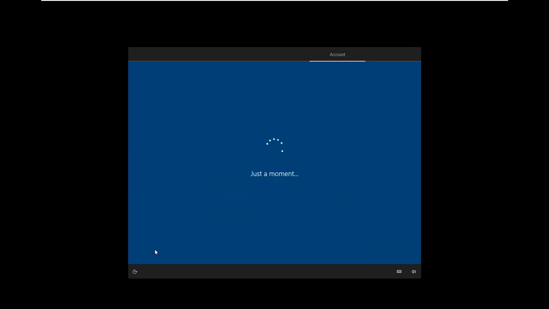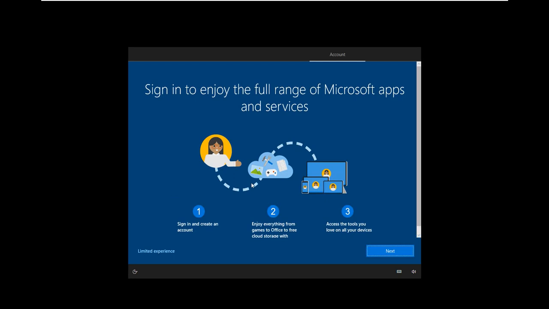So it will take me to, again, it is just reminding me that you are losing this thing, and if you are using the offline account, then you will not be able to have these features. So it is just reminding me of that, and when I press next, it will go back to the same screen and say please log in with your Microsoft account.